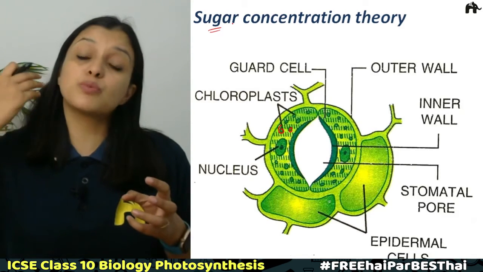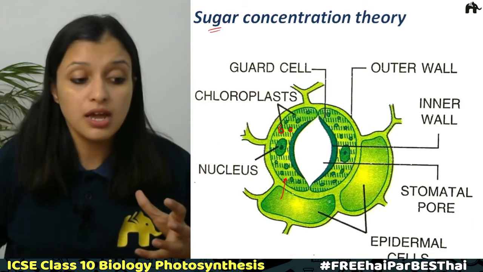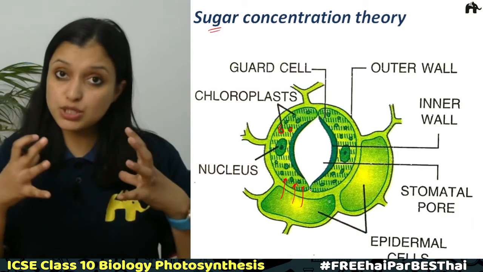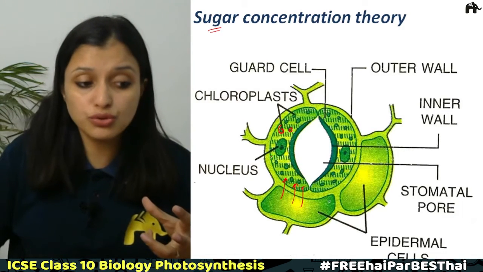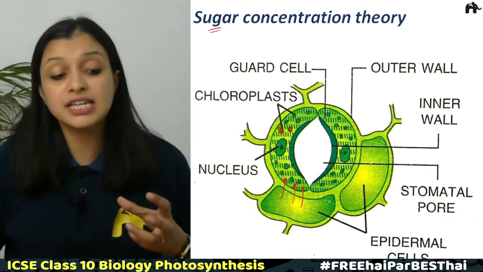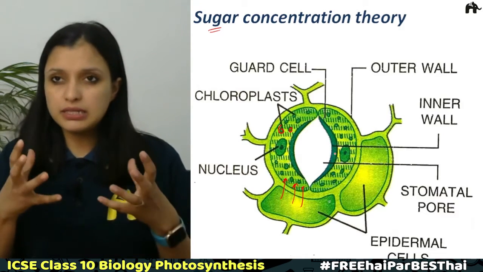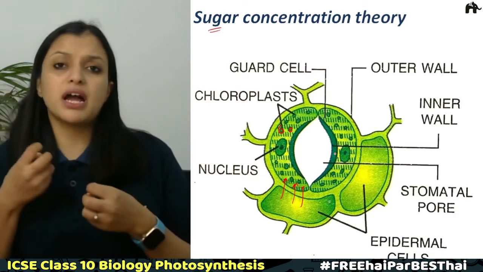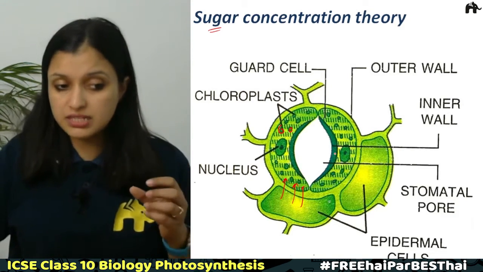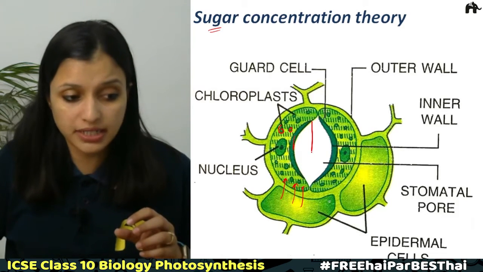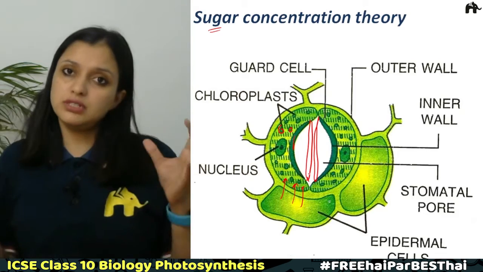osmotic pressure. As the osmotic pressure increases, more and more water is drawn from the surrounding cells. So these surrounding cells give more and more water to the guard cells, and hence they swell up, and when they swell up, they gain turgidity, correct? This leads to the formation of this shape of the guard cells and the opening of the stomata, correct? Now for closing of the stomata, it is said that when the water content of the leaf becomes short, water is withdrawn from the guard cells, leading the inner wall to straighten up. So this inner wall becomes straight, and hence this leads to the closing of the stomatal aperture